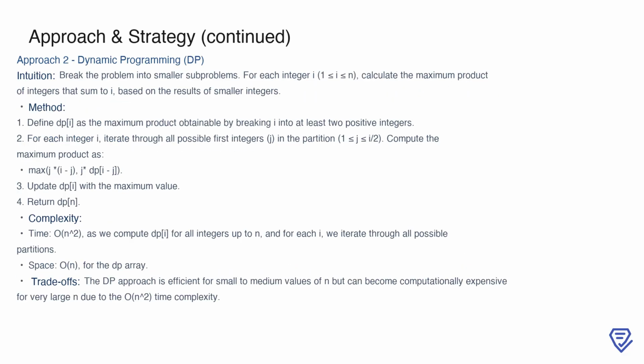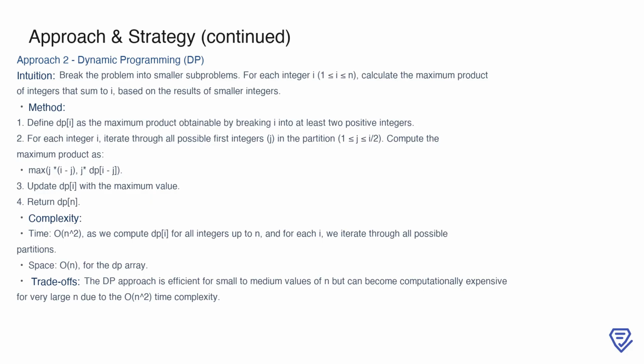A more practical solution involves dynamic programming. Here, the problem is broken into smaller subproblems. The idea is to calculate the maximum product of integers that sum to each value from 1 to n, leveraging the results of smaller values to build up the solution. We define dp[i] as the maximum product we can obtain by breaking the integer i into at least two parts. For any given i, we iterate through all possible first numbers in the partition, say j, and compute the